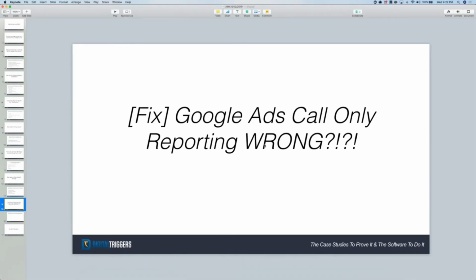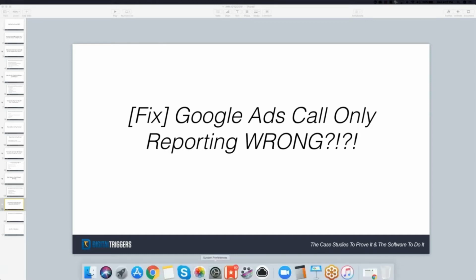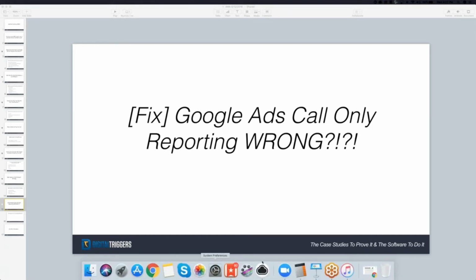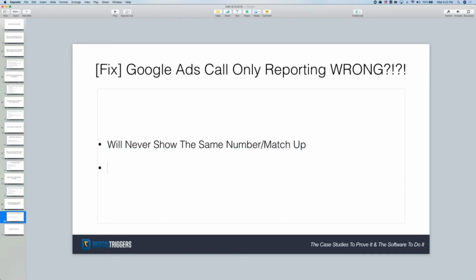And folks, at the end of the day, your clicks and your reporting in Google Ads in terms of clicks on call only ads and call tracking, those two data sources are never going to show the same number. Quite literally will never show the same number, right? And the reason that they won't show the same number is Google charges you per click,